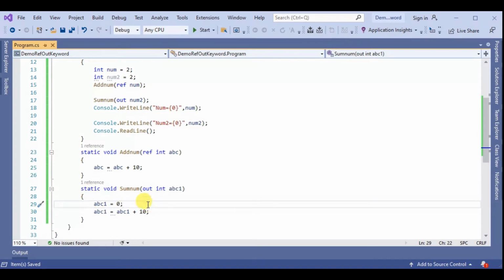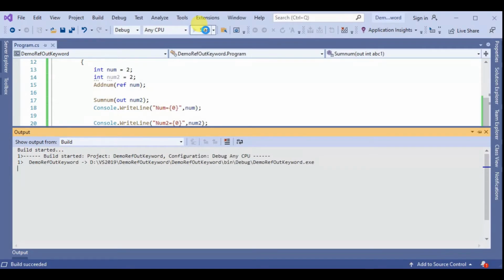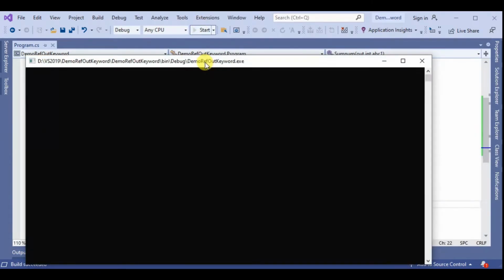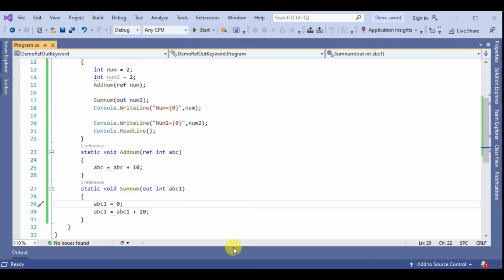So save and run. The output is num equal to 12 and num2 equal to 10, because out passes only the reference, and it is one way from callee to caller.